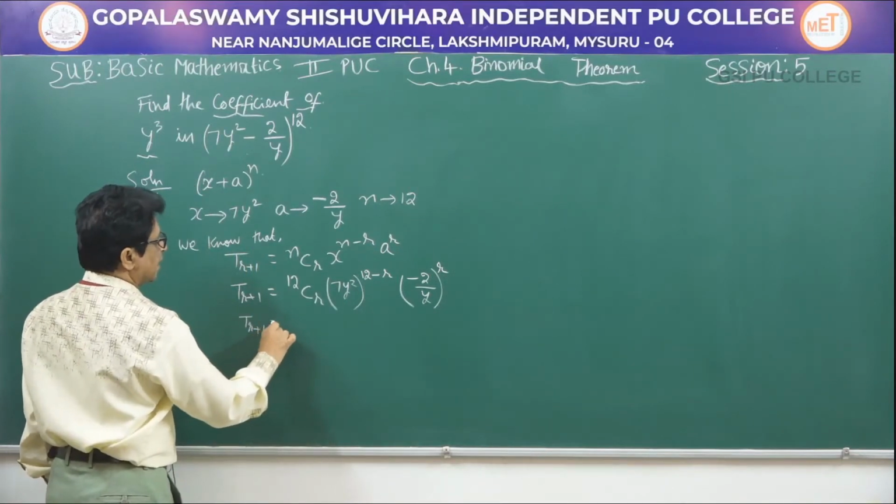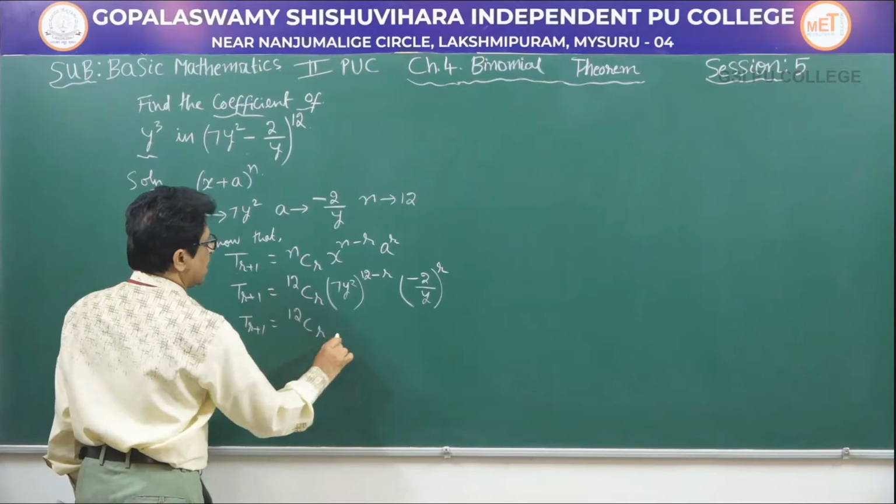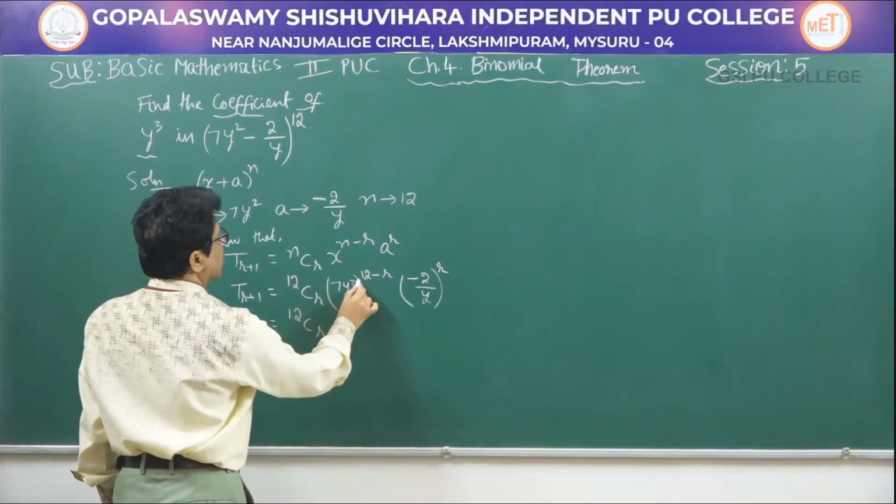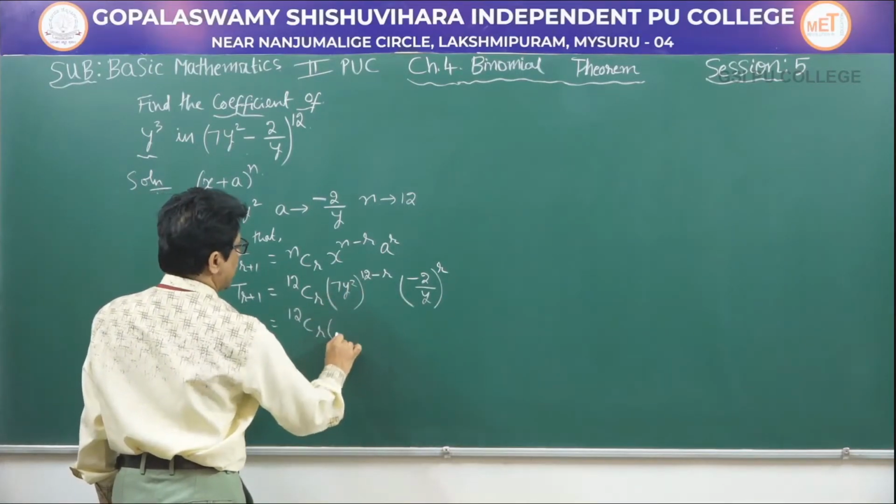T(r+1) is equal to 12Cr into (7y square) whole power 12 minus r